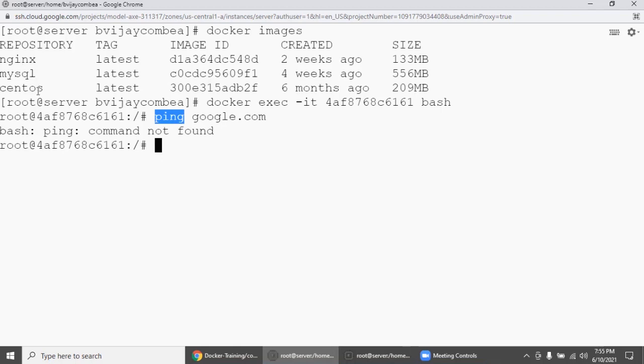To make sure you all understand, the container does not have any OS. The container has specific libraries and the relevant files. So Nginx means there is no ping command.